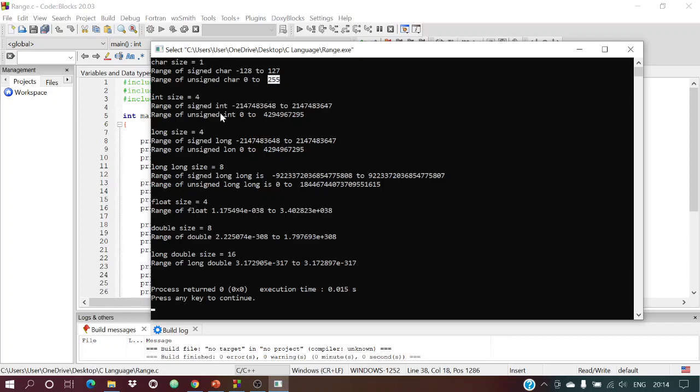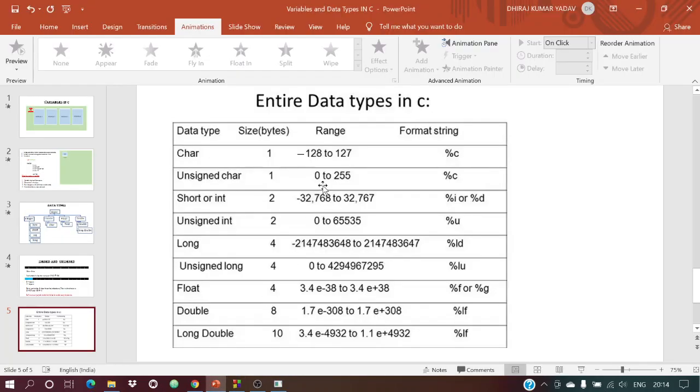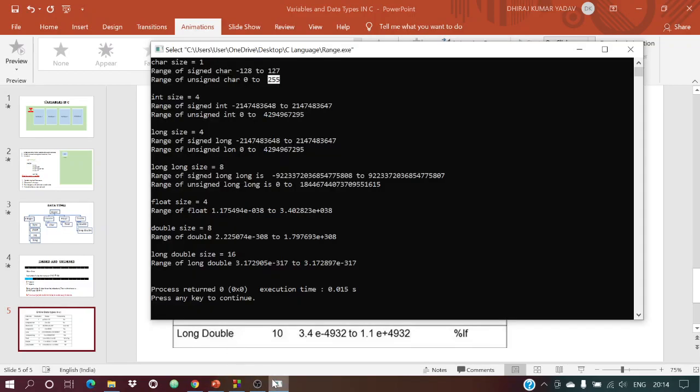You got the point? This is what we have discussed in this slide itself. Similarly, for integer, it is from minus this to this, but when we use unsigned, the last bit is not used to indicate whether it is positive or negative. It will be completely positive, so it starts from 0 and goes to this. If you add these two, it will be equal to adding these two. Add these, you will get this. So the range is divided into two halves.